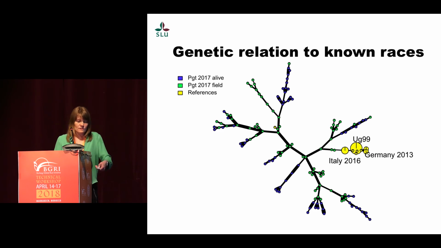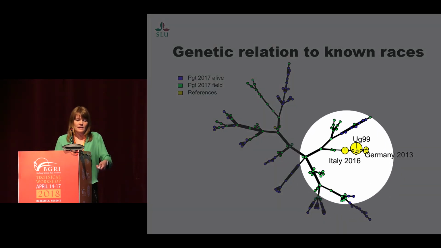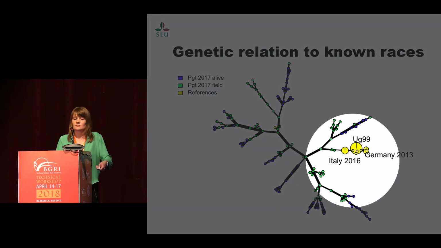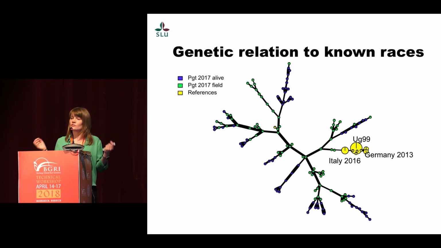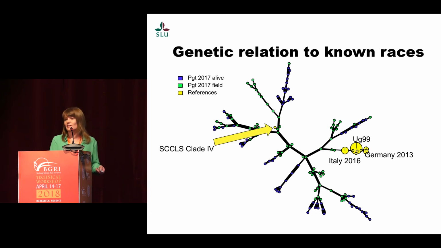I think you should note that this, in the middle here between the green one and the first yellow one, is a very thin line, and that means that it's a very large genotypic distance between the samples. And then we have one of the references, I don't know if you see it, but the big yellow arrow will show that